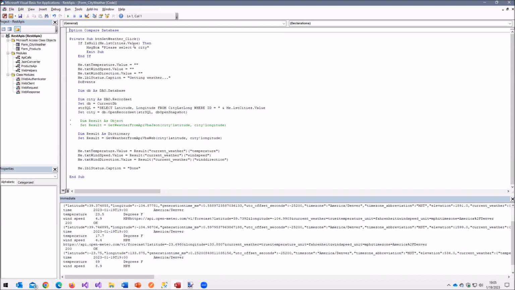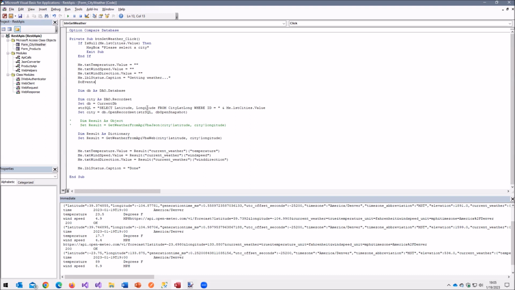So I check to see if there's a value. If there's not, select a city. I zero out the three text boxes. I set the label to getting weather, call DoEvents, and then I go into my database, and this again is my cities database.